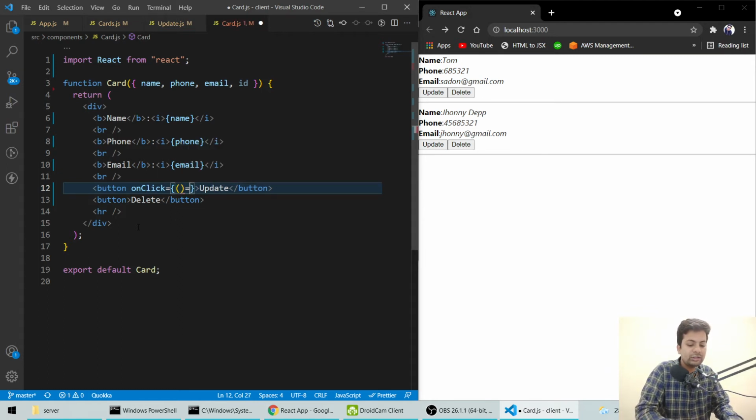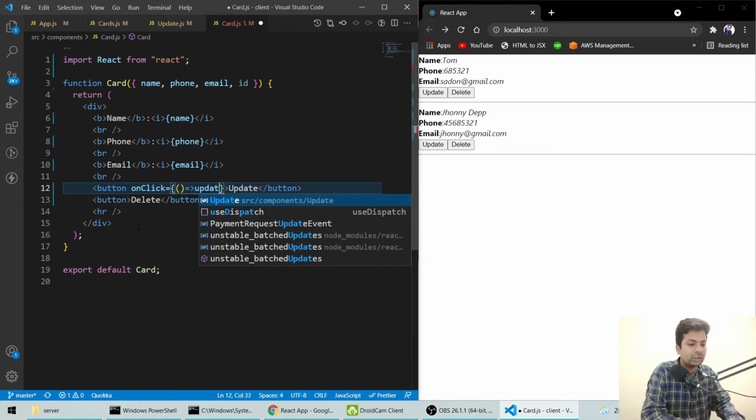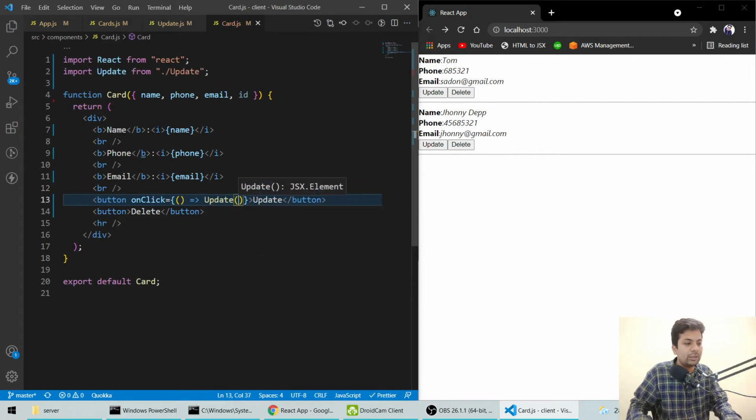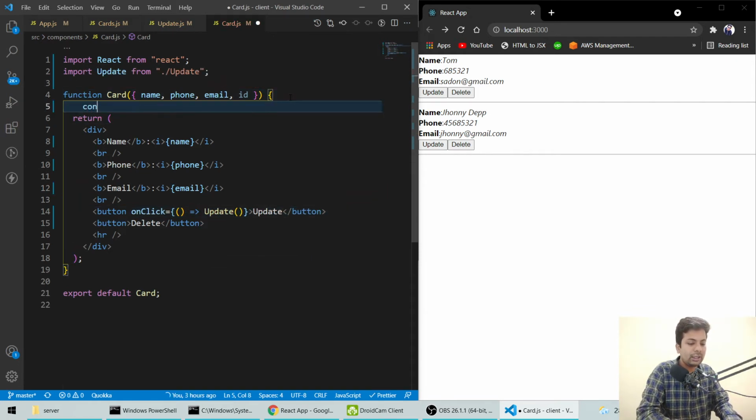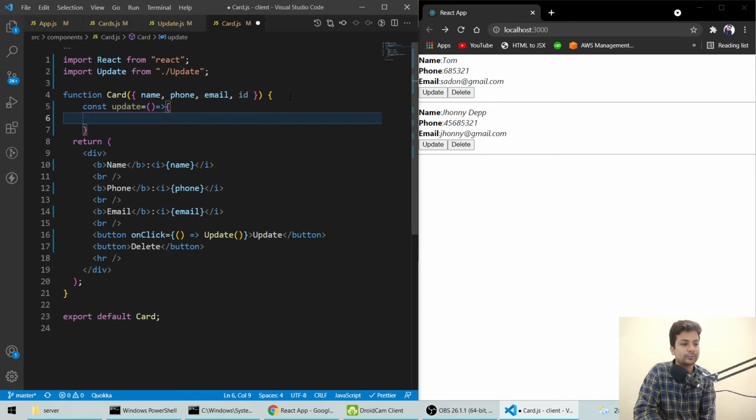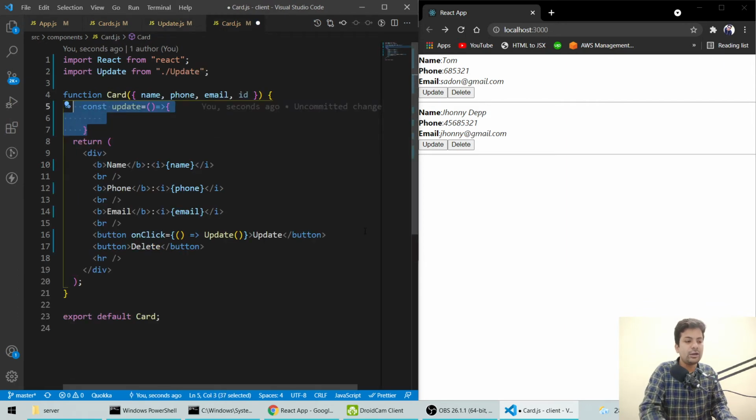We'll make an arrow function like this, and call a function called update, like a normal update function, and make a function here, const update. So what we want to do is go to that page. Sorry guys, this function should be in the update part because we are updating here. We just want to send to that page.